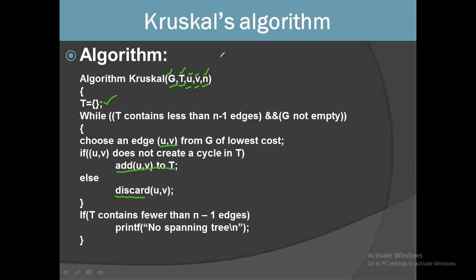We have to check whether the edge is added or not. Next, if it forms a loop, then we have to discard it. Next, select the next minimum cost edge in graph G and repeat until it visits all the vertices, with n minus 1 edges, in increasing order. Now let's take one example for Kruskal's algorithm with a number of vertices and edges along with the weights.